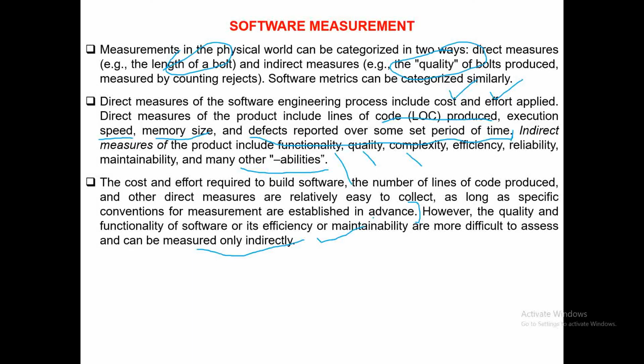Quality is good: after looking at four parameters, it seems that yes, this looks fine, so it is good. But the definition of good may vary from software developer to developer, manager to manager, based upon the complexity, efficiency, reliability, maintainability. There are various numbers of measures. These are indirect measures.